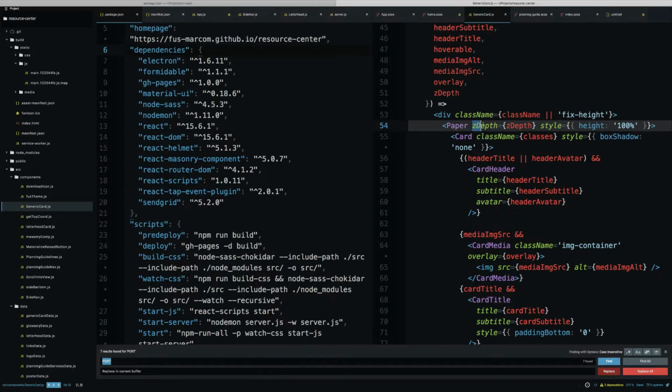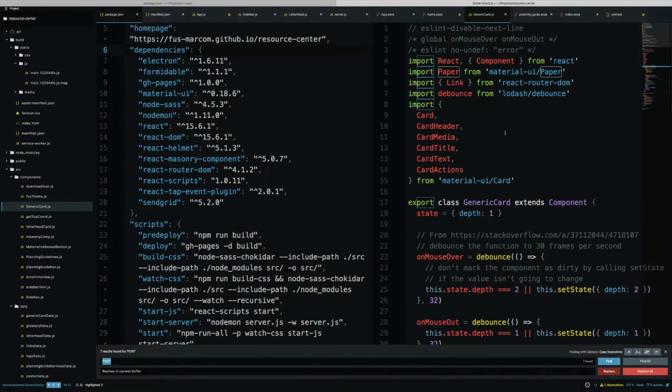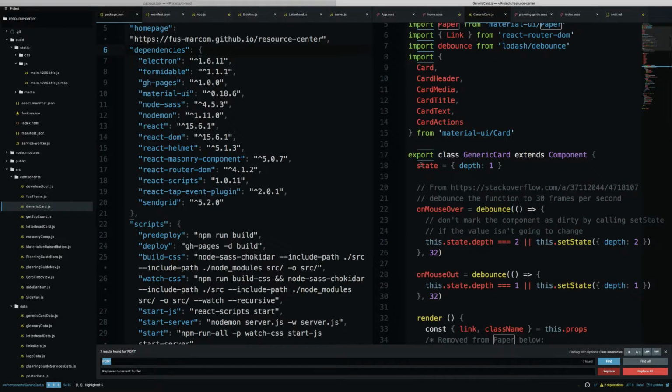So this is how you set the depth on the paper component. You can't do Z depth on card. That's why I wrapped it in paper. So I took away the box shadow from the card so I wouldn't have double shadows. Wrapped it in the paper component, set the Z depth, and I was checking for when the mouse was going in and out, and I was changing the state. So the state of depth,